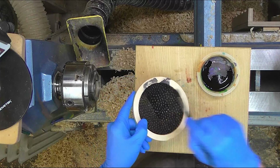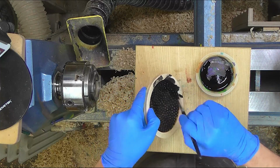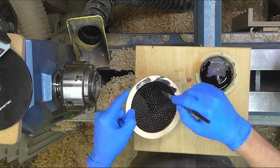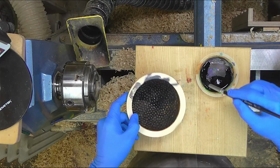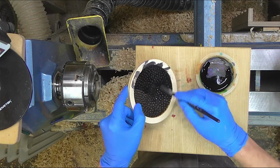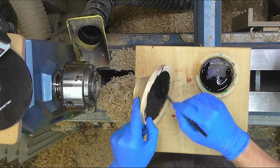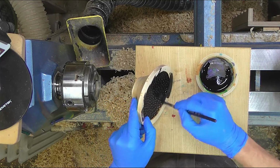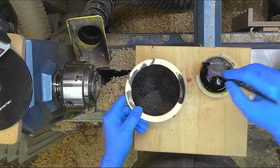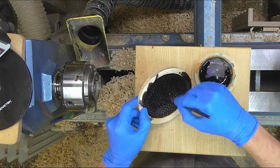Now I have got different sized cut burrs, so I could have gone for something with a bit of variation of size, which I think might look perhaps a bit more interesting, but this is the first time I've really had a go with them. Just got carried away with the one size,